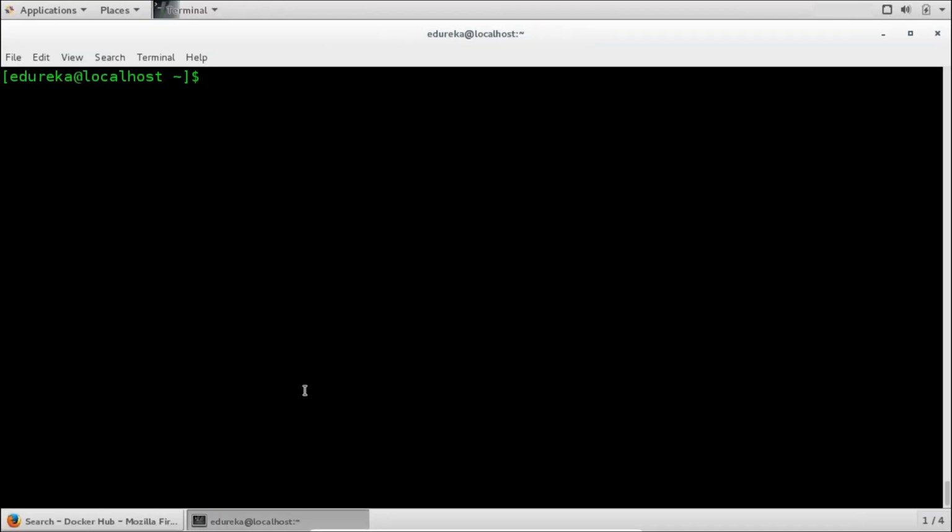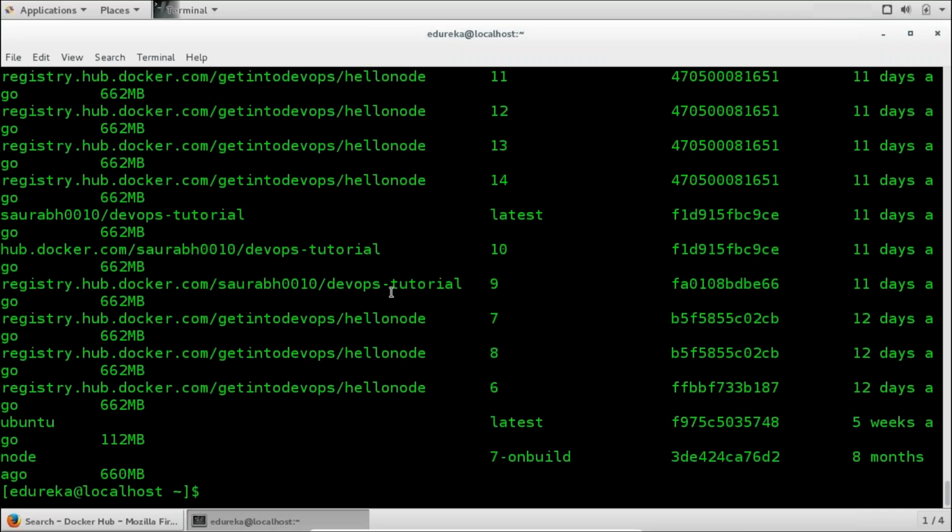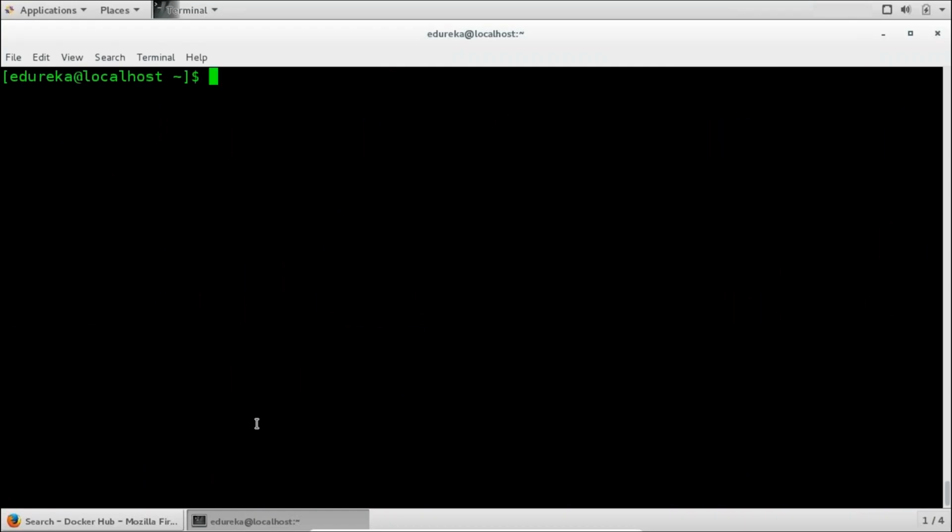The first thing that I'm going to execute is called docker images, which will give the list of all the images that I have in my local system. So I have quite a lot of images, you can see, right? This is the size and all those things, when it was created, and this is called the image ID, right? So I have all of these things displayed on my console. Let me just clear my terminal.